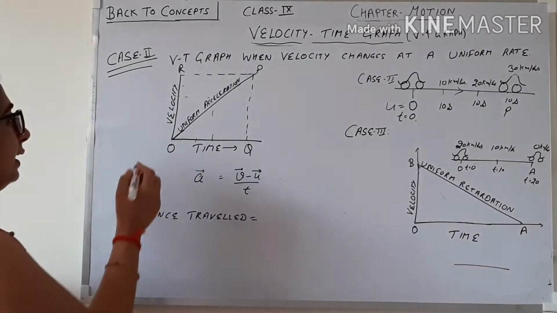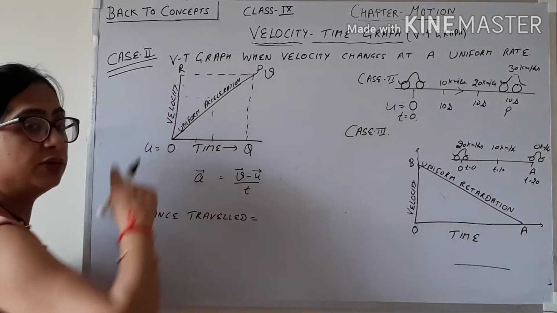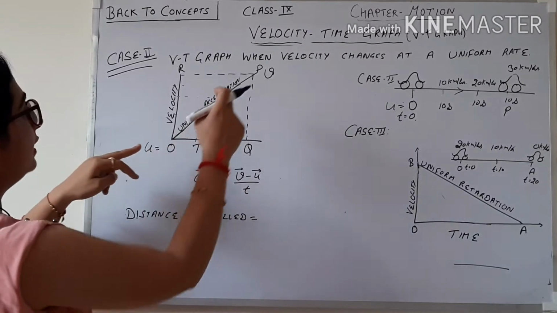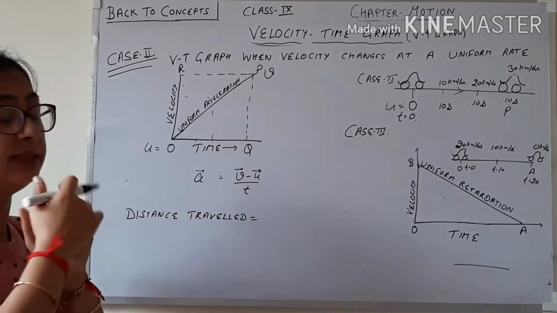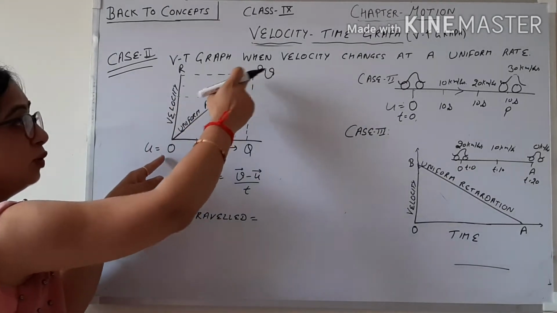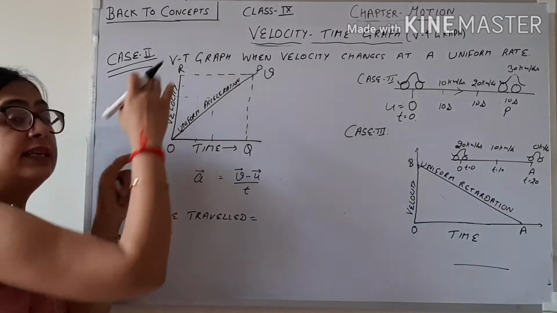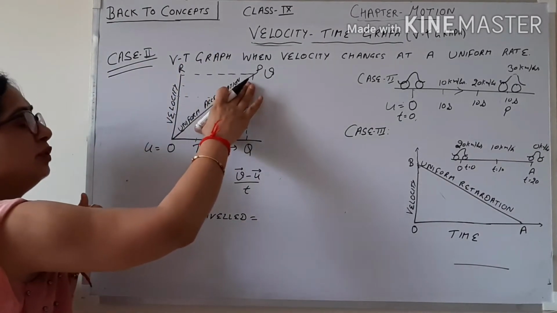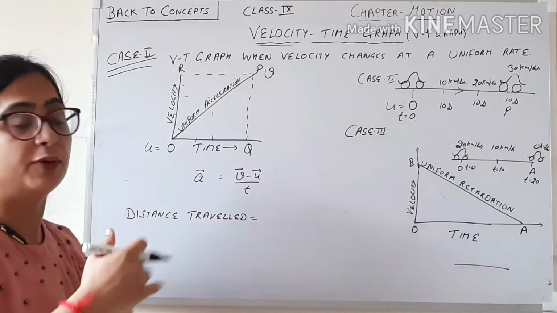Here initial velocity is 0 and this is the final velocity. The time is equal to OQ and the velocity is equal to PO, or we can say the change in velocity is PO, means वो 0 से start हुआ और उसने P तक इतना change किया बॉडी ने, तो हम कहेंगे this is the uniform acceleration. उसने टाइम के साथ वेलोसिटी को uniformly gain किया.